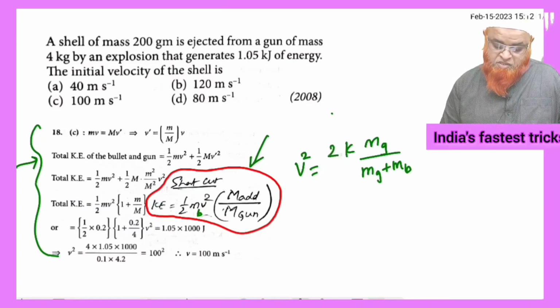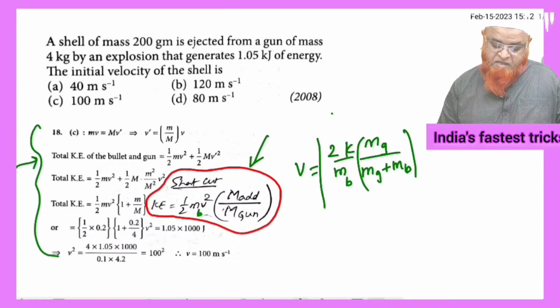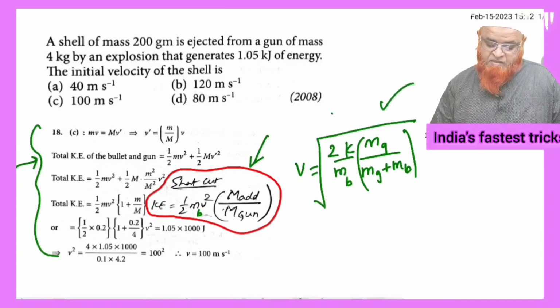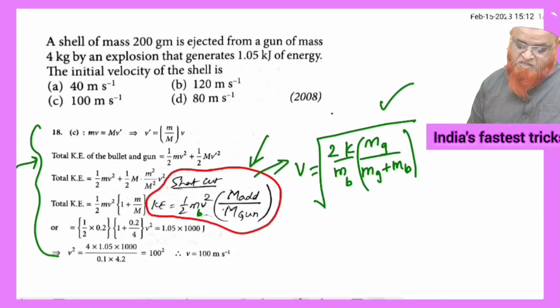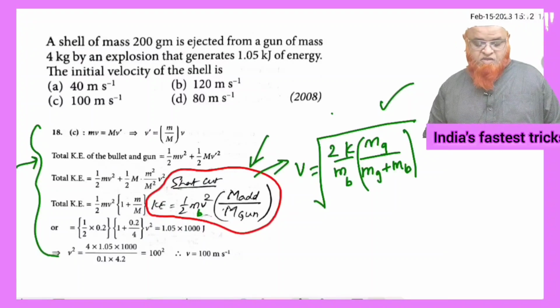Okay, so this is 2k by m, mass of a bullet. You can apply this shortcut formula. This square should be removed from here and it should be made square root like this. That's it. This is the shortcut formula you have to create now. So from this formula I have got this shortcut formula, which is nothing but